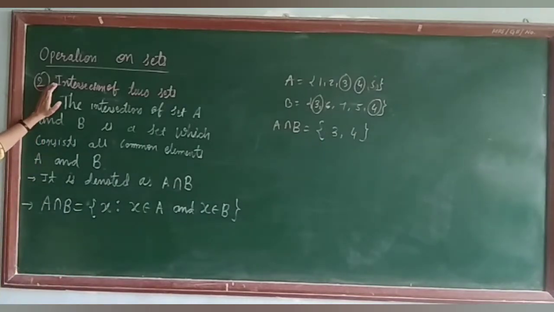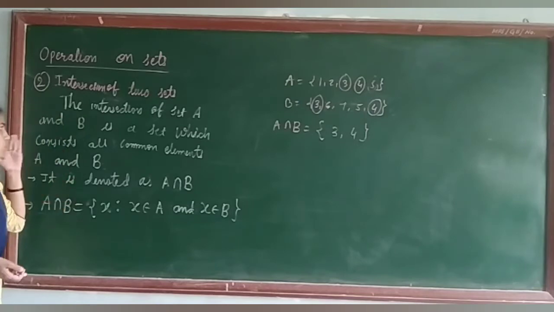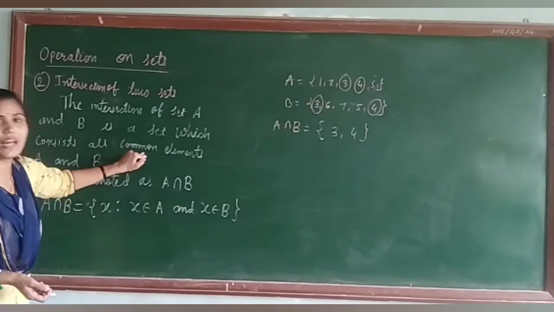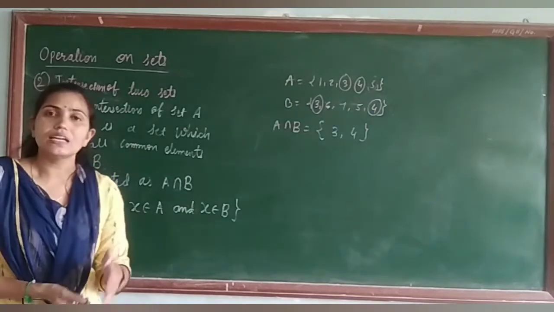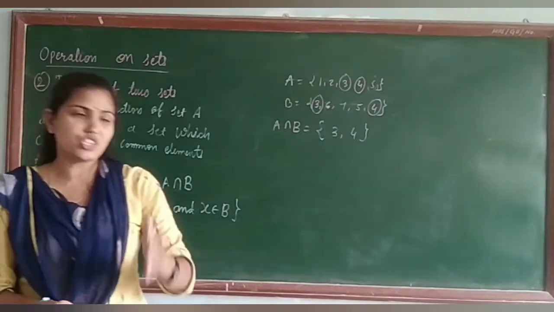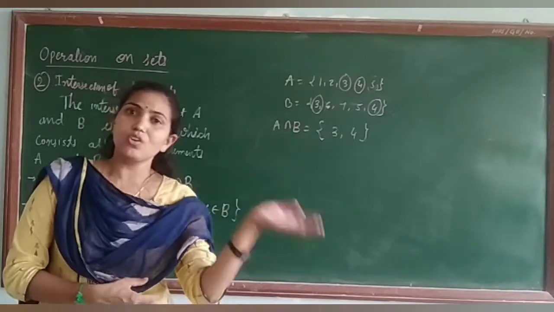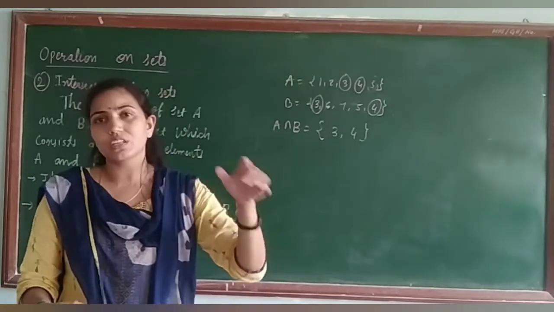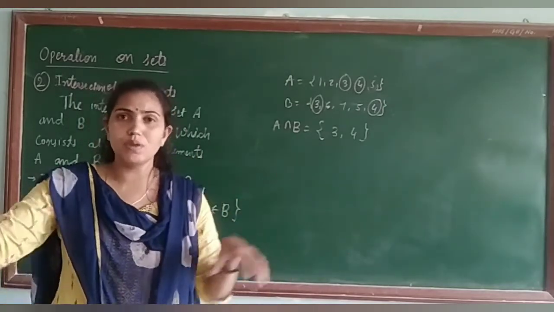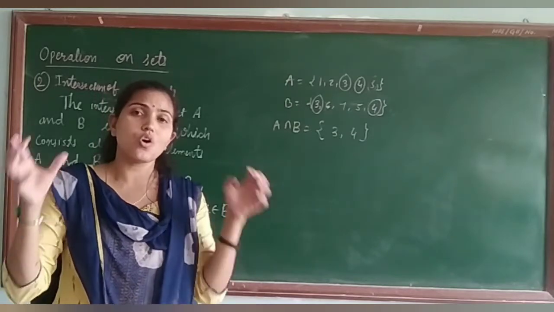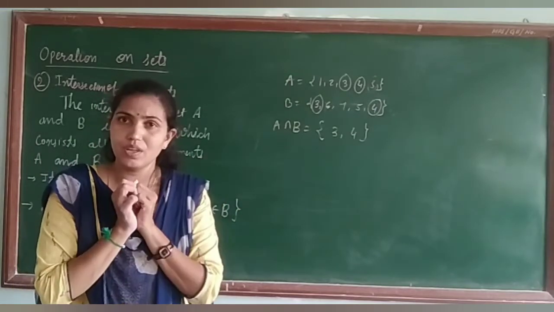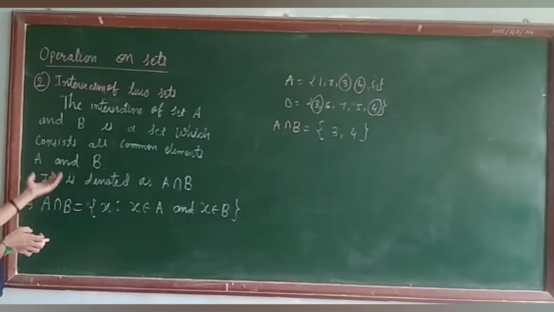Intersection of two sets A and B is a set which consists of all common elements of A and B. That means the elements which are in A and B. Either/or is not the case. A में भी हो या फिर B में हो, no. It consists of both A and B. दोनों में जो consist होंगे वही होगा.